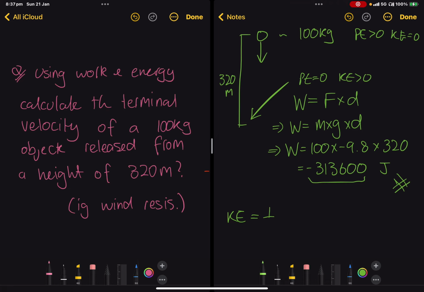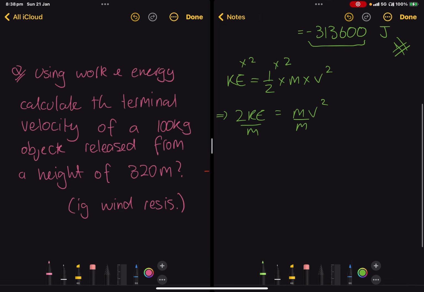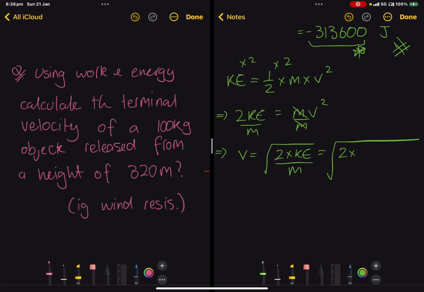So we know kinetic energy is 1/2 times mass times velocity squared. So if we multiply both sides by 2, we get 2 times the kinetic energy is equal to mass times velocity squared. Divide both sides by the mass. This gives us velocity, and then take the square root of both sides, is equal to the square root of 2 times the kinetic energy divided by the mass. So square root of 2 times, we're going to have the absolute value of the work here in order to make this equation actually plausible. So it'll be